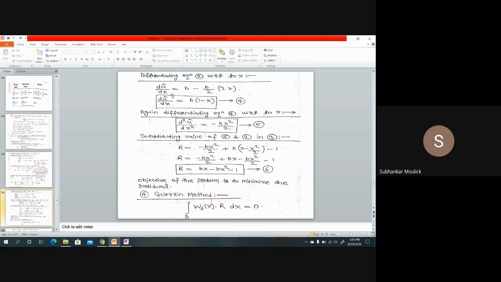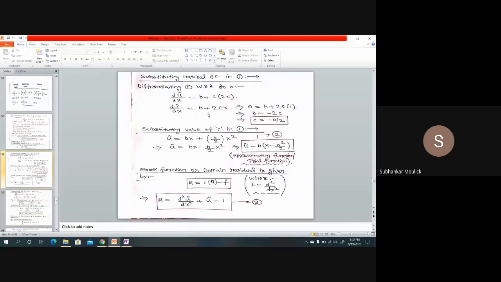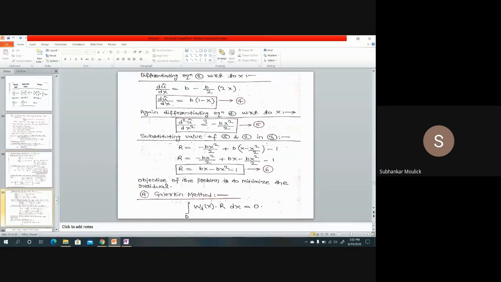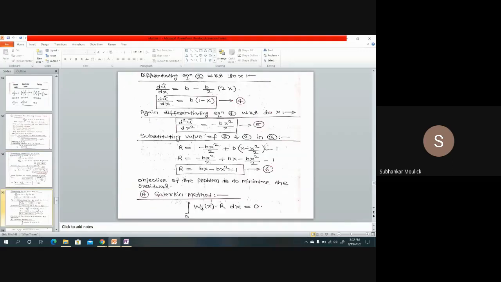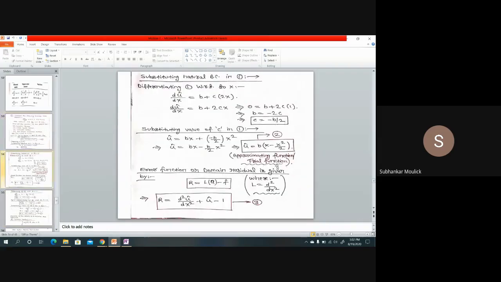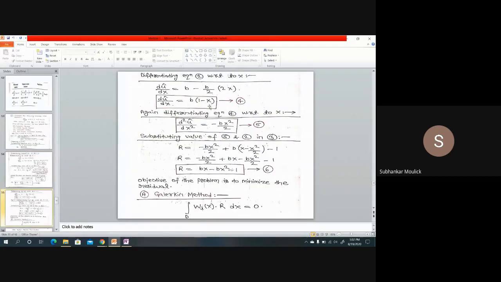Let us find it out. So this is du cap by dx, which we have already found. Now u cap is b into x minus x square by 2. Differentiate it 1 time, that is du cap by dx. If you differentiate this expression 1 time, you will get b into 1 minus x, equation number 4. Again you differentiate equation number 4, you will get d2 u cap over dx square, which is minus b, fine. Now I will substitute this equation number 5